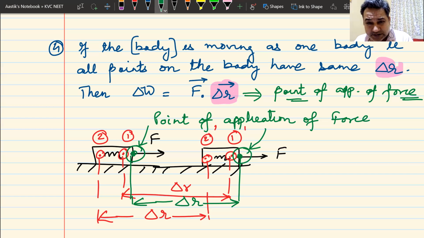In point number 4, we discussed the displacement of the point of application of force. I gave you an example where all the particles have the same displacement. I also gave you an example of a body which has different displacement for different particles, but this is not the question that we are going to solve because this is in rotation. I'll give you another example of a body where different particles have different displacements, and then we will try to find out why this entire conversation came into the picture first of all. So we'll do that in the next class.